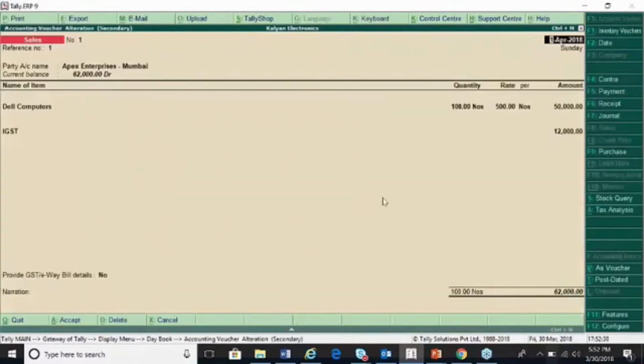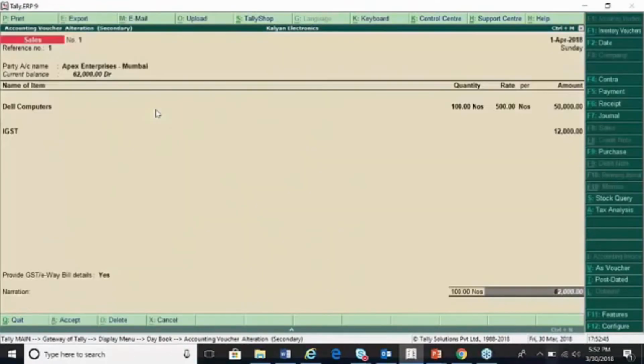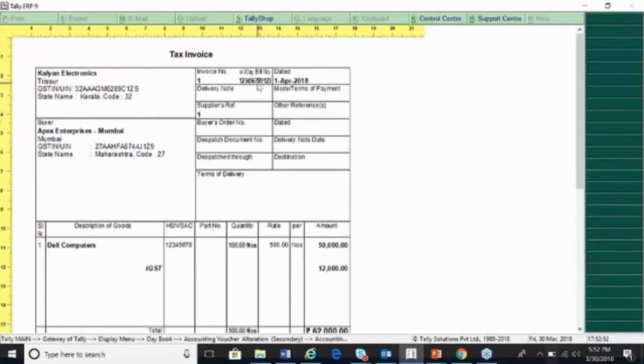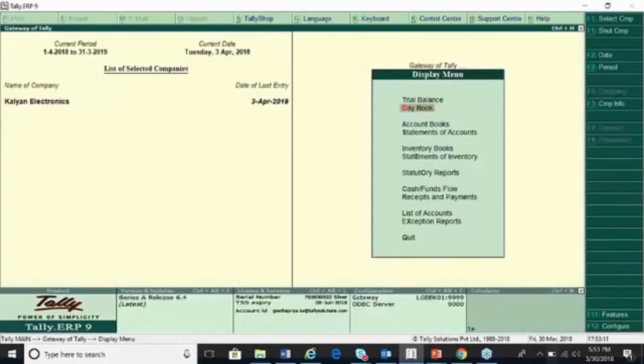The first bill for which the e-way bill number is updated, you can just go here and see the e-way bill number being updated. When the transporter is shipping the goods, he will have a copy of this, where the e-way bill number is updated on the invoice. You can also take a copy of the e-way bill from the portal, or directly have the e-way bill number updated on the invoice or any document carried along with the shipment of goods. Fine. So we will navigate now to the various e-way bill reports.